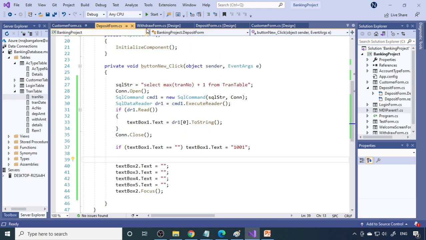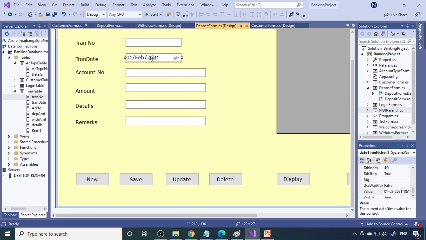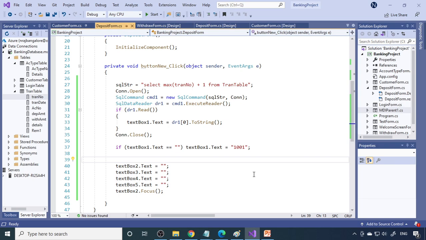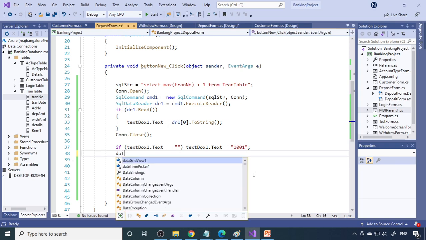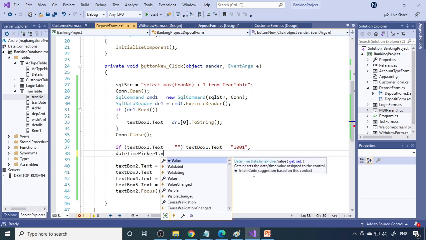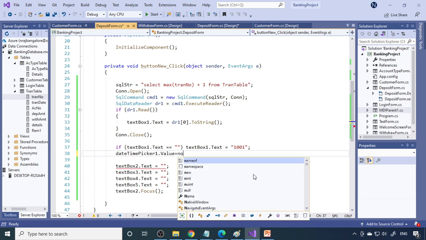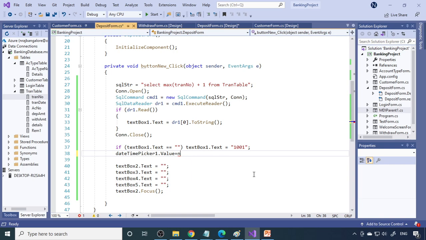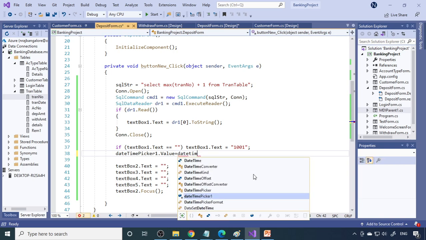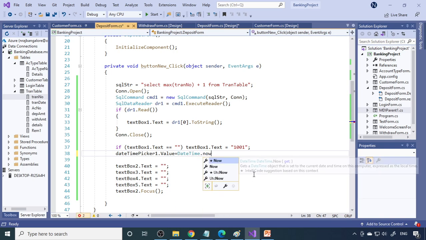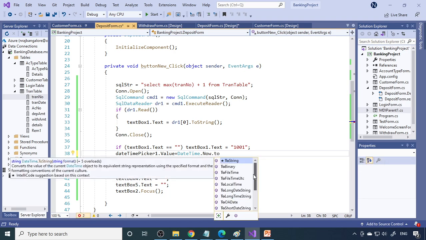Next, what you have to do is bring the current date. Okay. So here, whatever the date is, we want to take the current date. So therefore, you have to write DateTimePicker1.Value is equal to DateTime.Now.